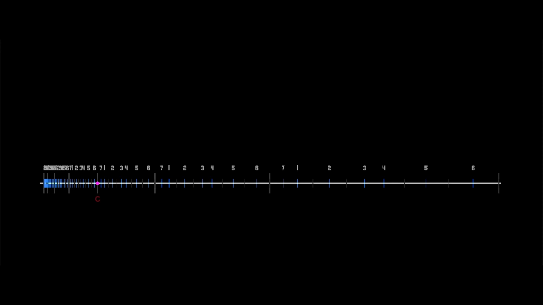It goes C, C sharp, D, D sharp, E, and then for some reason F, and then F sharp, G, G sharp, A sharp, B, and then there's no B sharp again, and it just goes back to C,